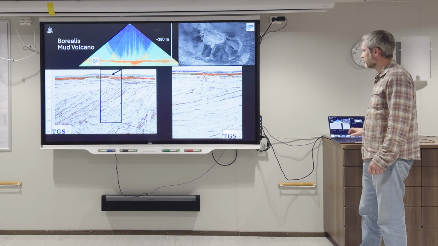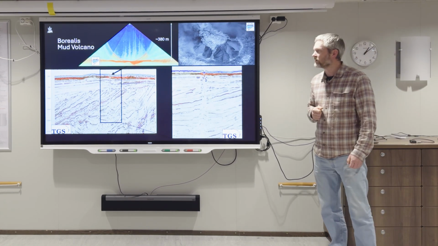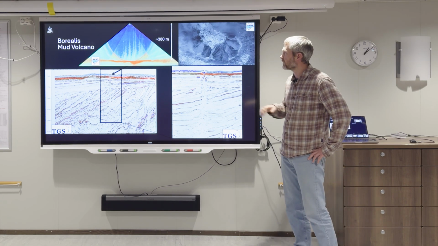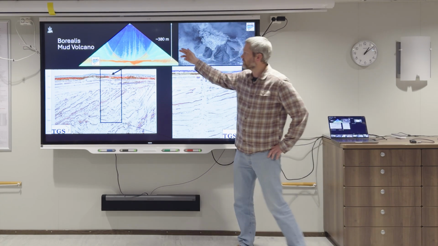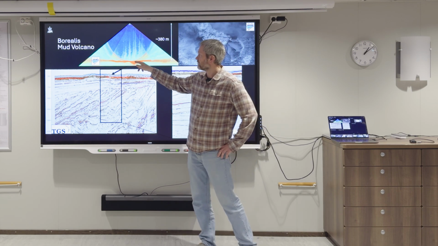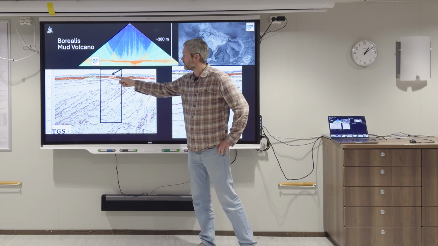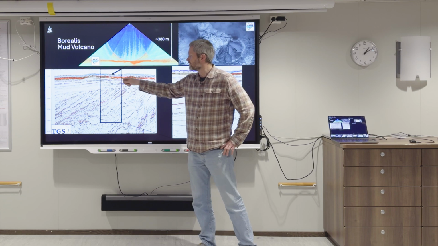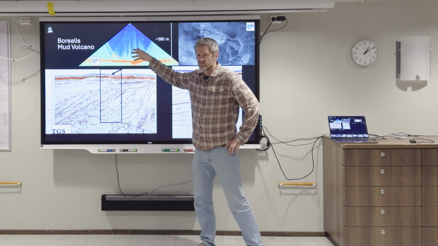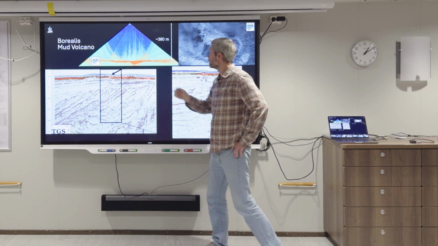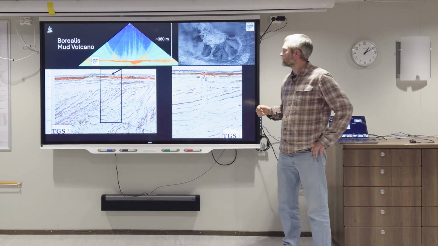And last year there was a new mud volcano discovered in the Barents Sea on the continental shelf, around 380 meters water depth. And it was investigated based on the morphological feature of a crater or depression at the seafloor, which emitted lots of gas, which was visualized on this water column data here. And when going down with an ROV,